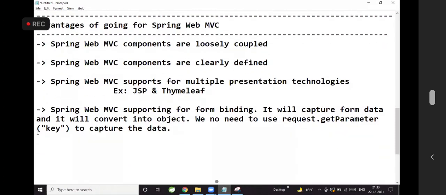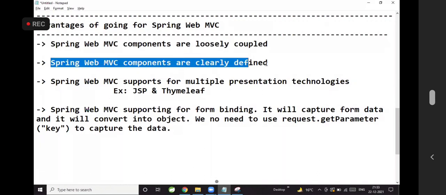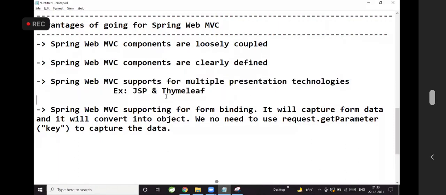Spring Web MVC components are loosely coupled and clearly defined. Spring Web MVC supports multiple presentation technologies like JSP and Thymeleaf. You can use either JSP or Thymeleaf as your presentation technology.